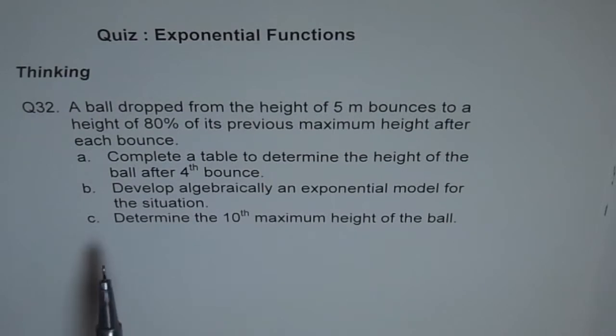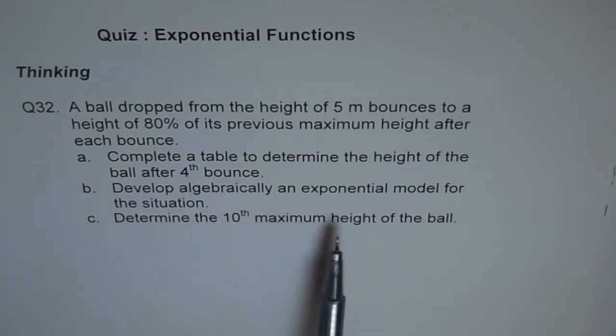So we have to make a table of values and then find out the value after the fourth bounce. Part B is to develop algebraically an exponential model for the situation. And C is to determine the 10th maximum height of the ball. Now I'd like you to think over this problem, copy it down and try to solve it. First try to make a sketch that is going to help you solve this problem. Once you've done your work and got your answer, then look into the video